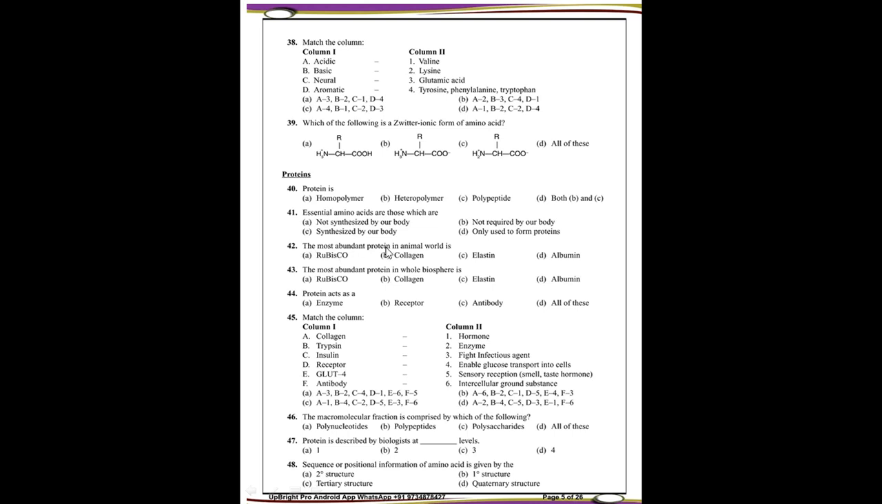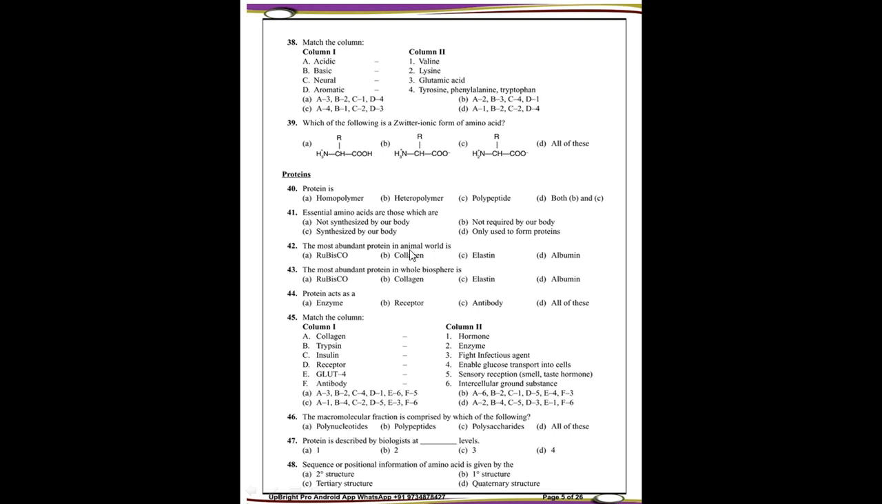The most abundant protein in the animal world is collagen. It is found in most extracellular environments. This protein is found almost everywhere in the body because it is an intercellular ground substance found in the extracellular fluid. So collagen is the most abundant